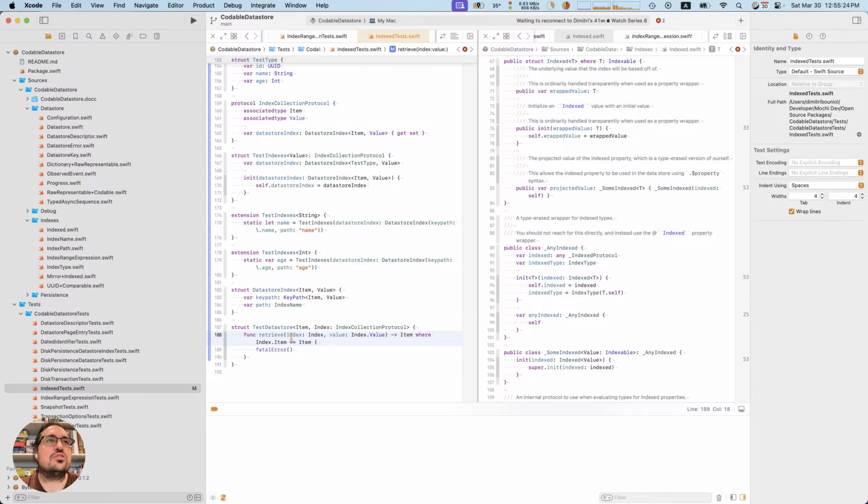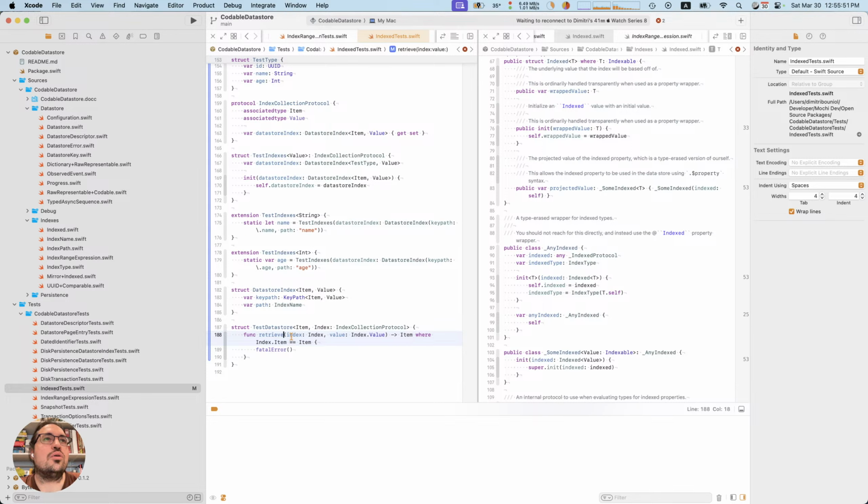I guess the alternative is item can have, but then it's going to need a specific index, because of how the type information works.